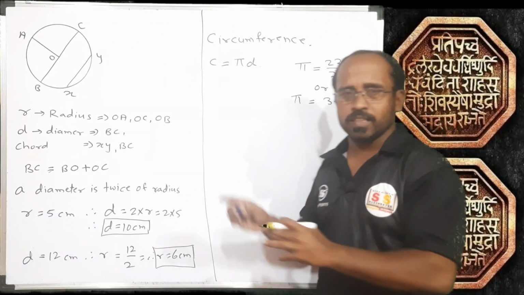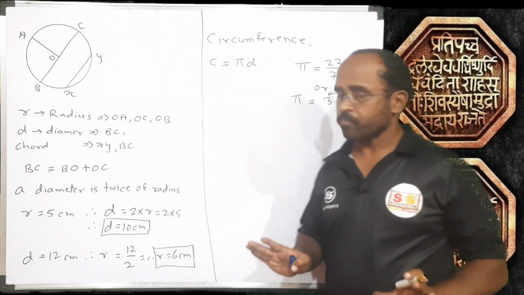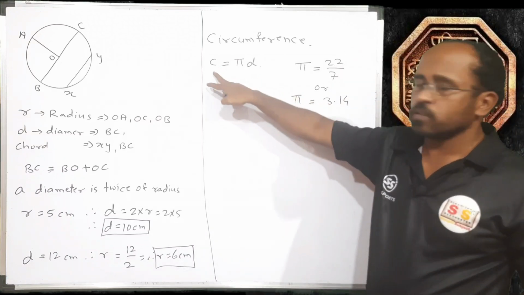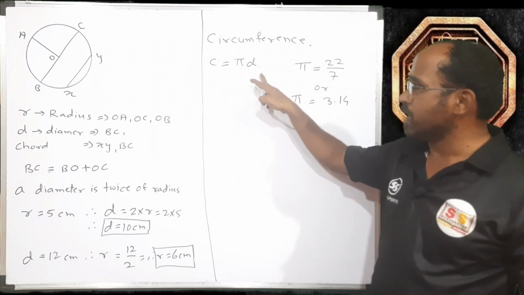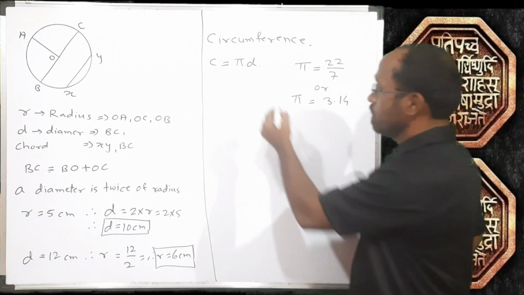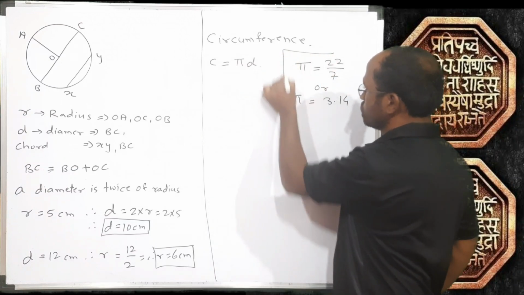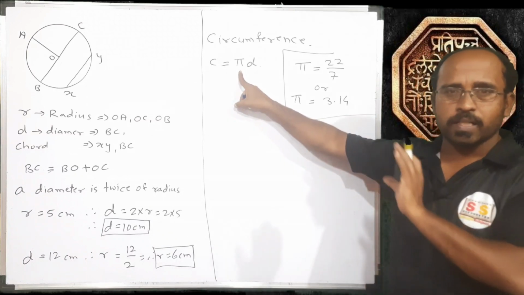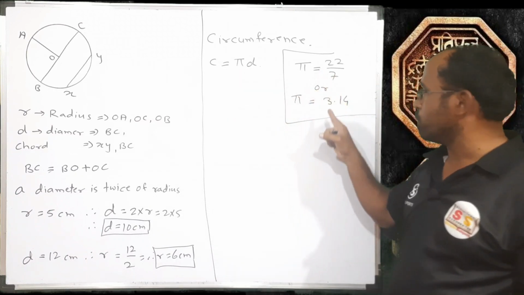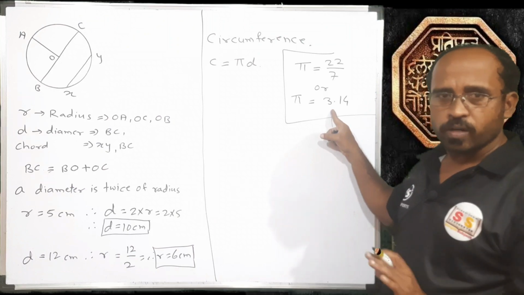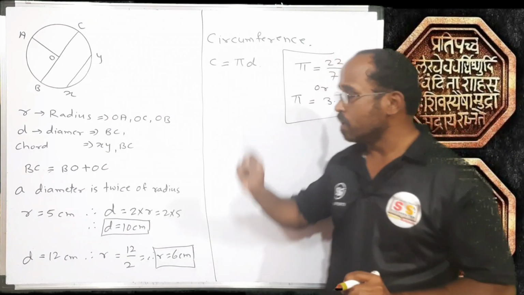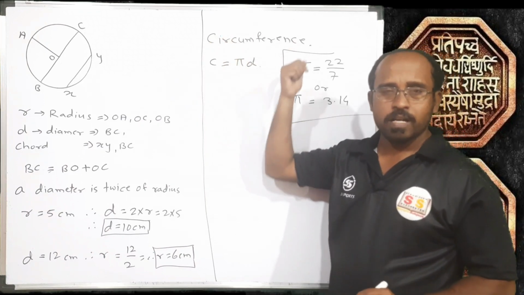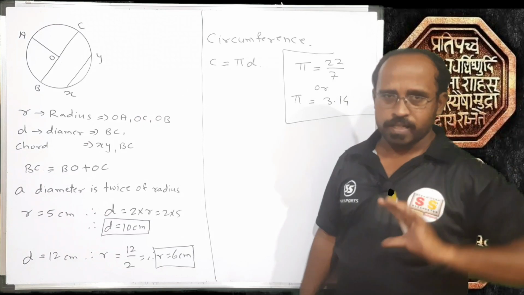Clear? So all this is nothing but the revision of our previous concepts. How many values does this equation contain? C, pi, D. 3. But among these 3, the value of pi is fixed all over the world. Wherever you will go, where pi is there in the mathematics, its value is fixed, that is 22 upon 7 or 3.14. Means this equation contains only two variables. C stands for circumference, D stands for diameter.